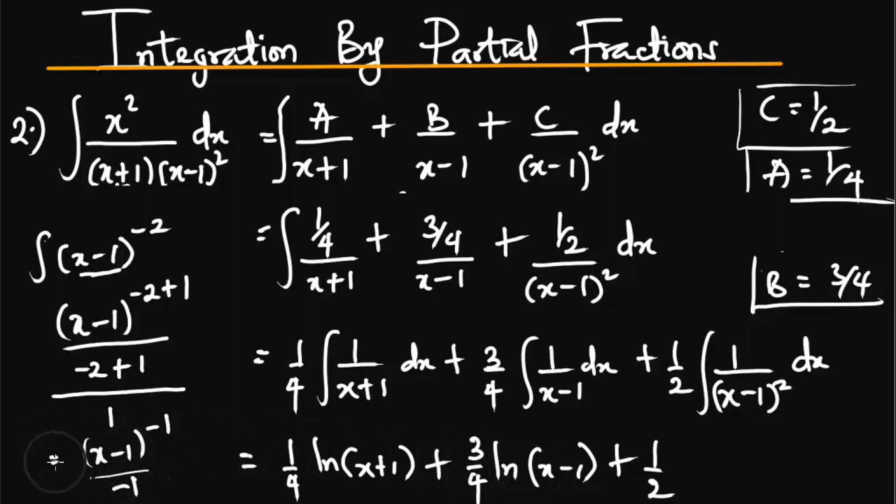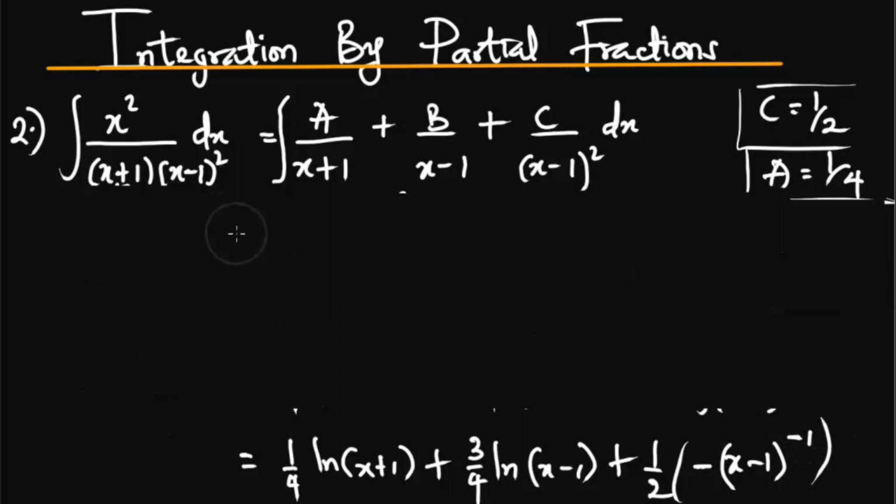Okay? So what we have here eventually is 1 over 2 into brackets minus x minus 1, right, to the power minus 1. So we can conclude that our final answer is 1 over 4 ln x plus 1